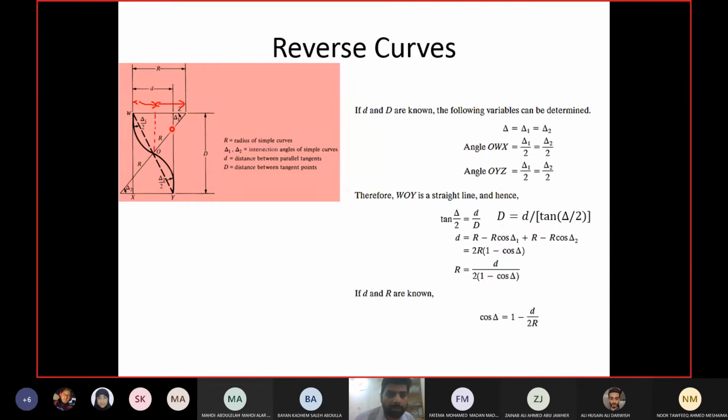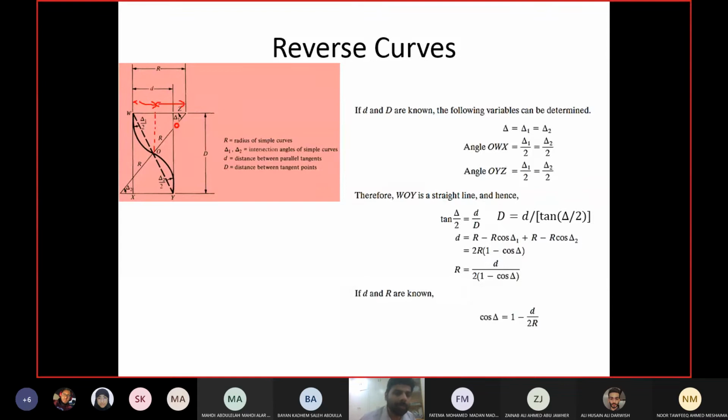How to get the value of small d? See, this one is small d. Now I know this is the starting point of the curve and this is the center point of the curve. Point Z is the center point. So from center to the starting point, the distance will be r, radius, right? From any point of the curve to the center, the distance is r. So from W to Z, the distance is r. What is point O? The end of the curve. So from point O to point Z, the distance is again r. And the angle between these two lines is delta, the angle of the curve.